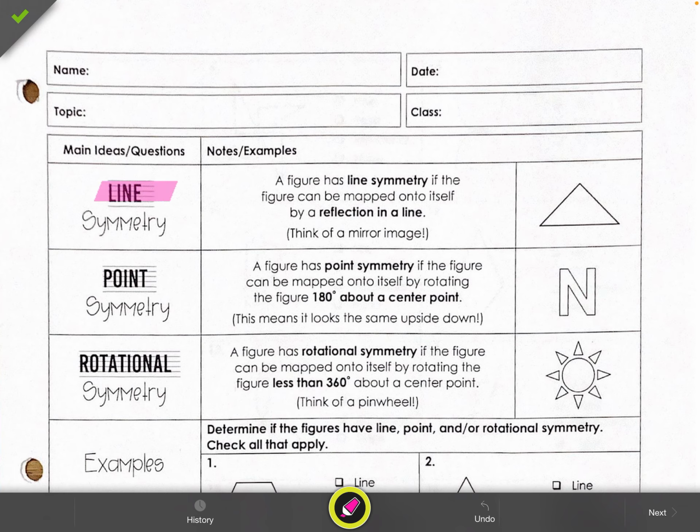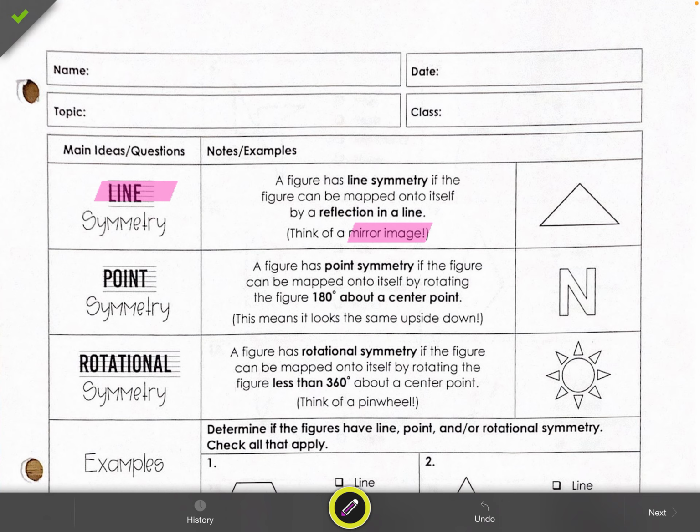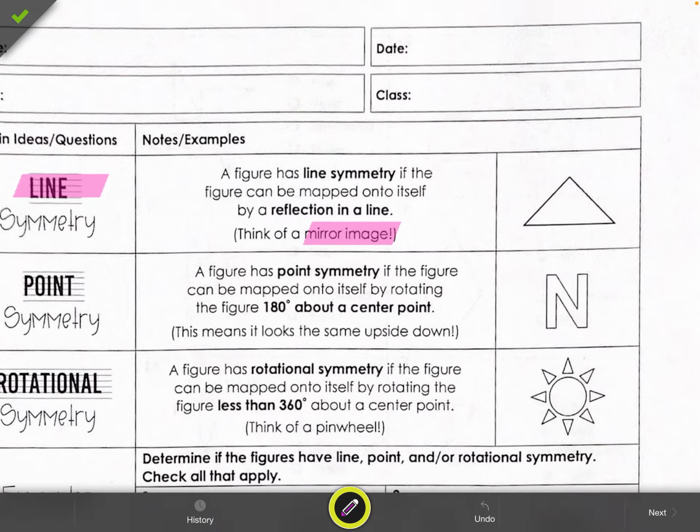Line symmetry, if we look at the definition, it says if the figure can be mapped onto itself by a reflection in a line. So basically, what they're talking about, the hint is think of a mirror image, but what they're talking about is can you draw a line through your shape that will split it into two equal parts, and can you draw a line where if you were to fold it, the two pieces would match up exactly. So if we look at this triangle here,